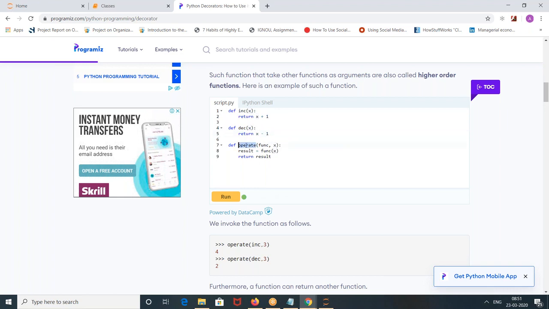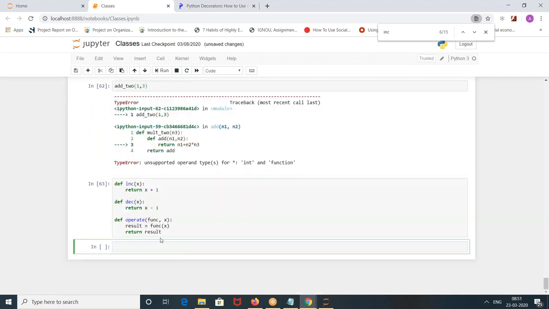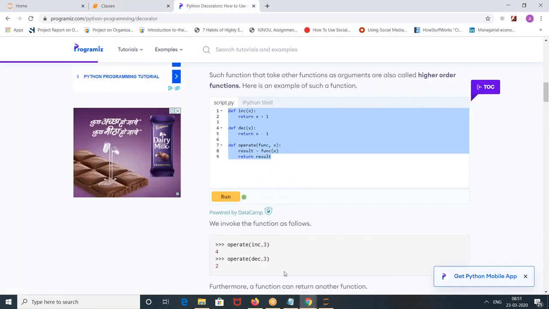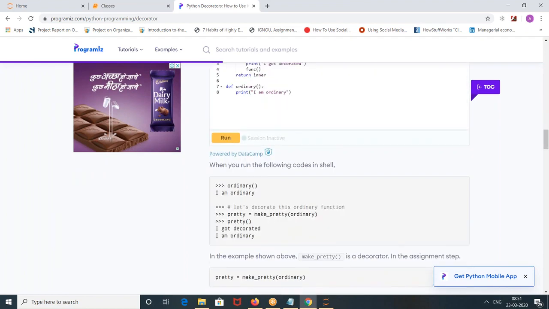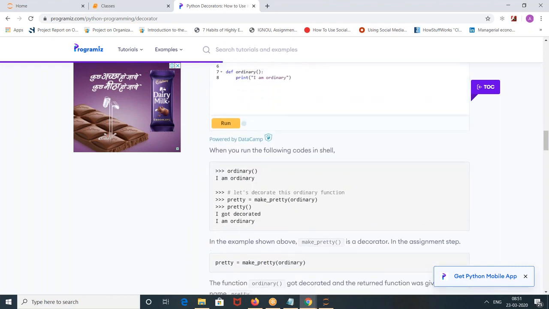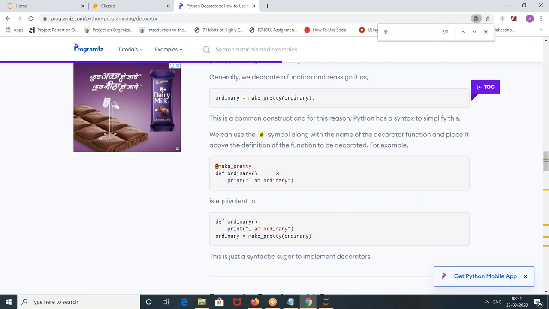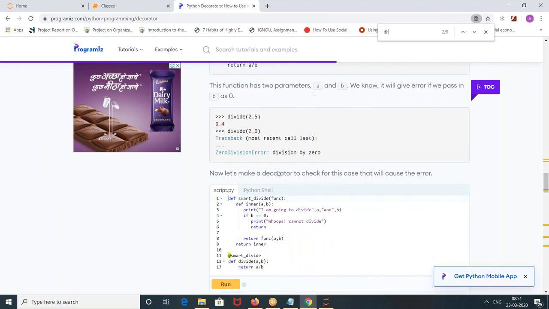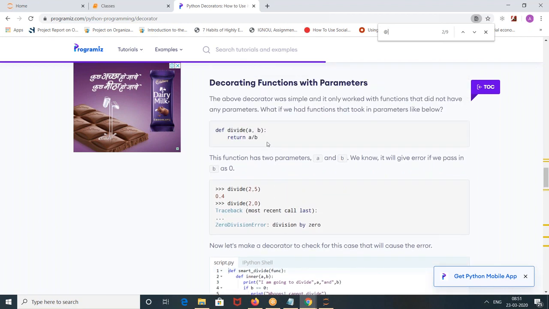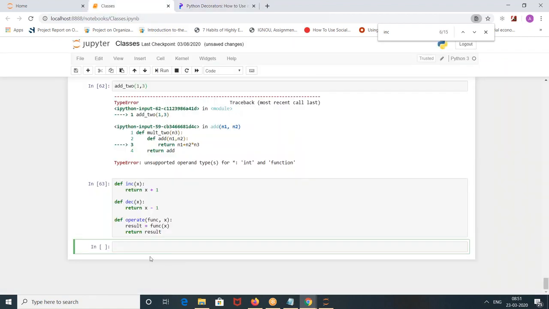And the definition of an operation where you pass a function and one variable, and then result is equal to func of so and so. Let's take this, put it into our example, run it, and then see what this does.